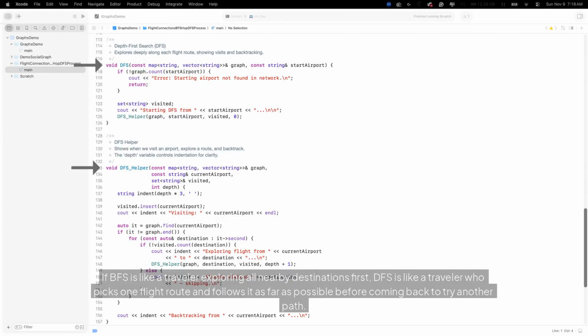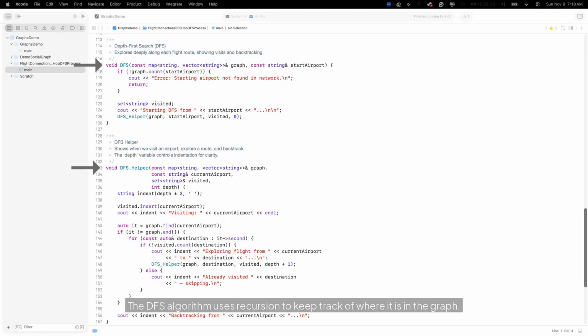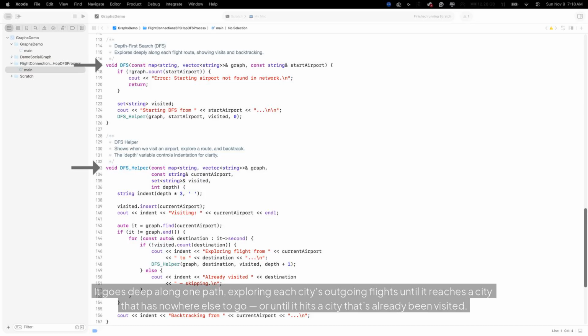If BFS is like a traveler exploring all nearby destinations first, DFS is like a traveler who picks one flight route and follows it as far as possible before coming back to try another path. The DFS algorithm uses recursion to keep track of where it is in the graph. It goes deep along one path,